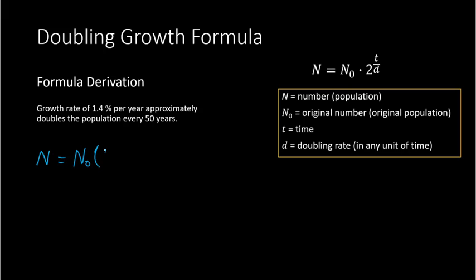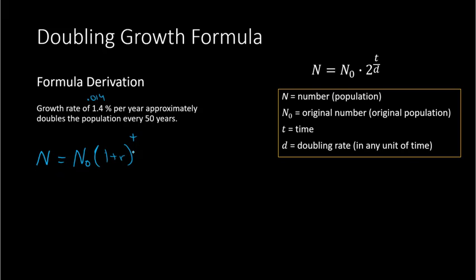So 1 plus r is 100% plus this rate, which is 0.014, and then raise that to the t power. It's basically like the compounding interest formula, where you do